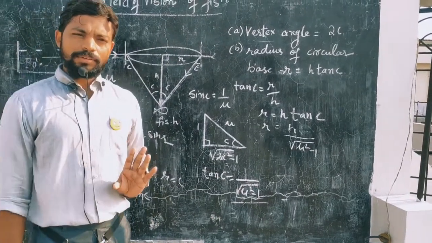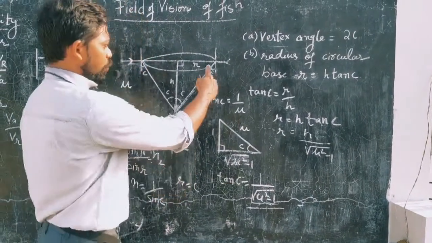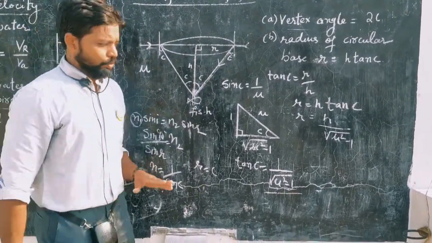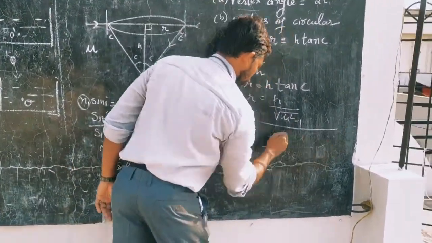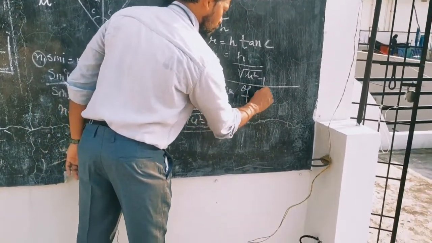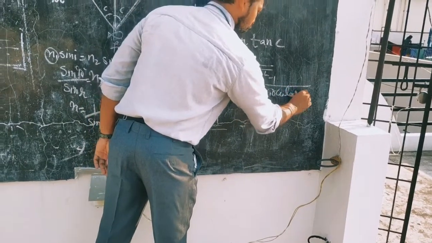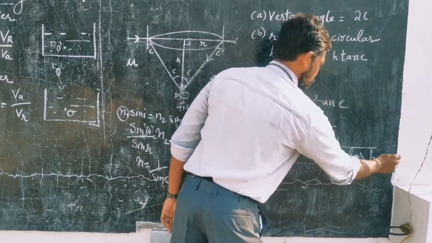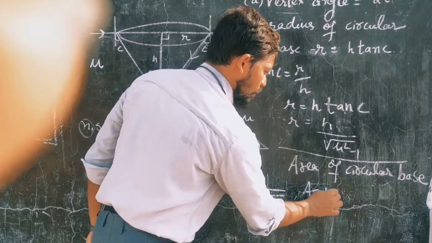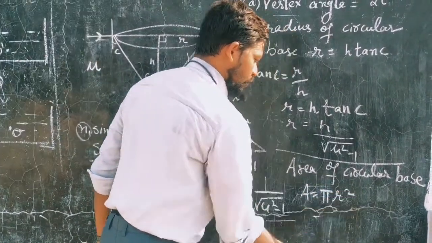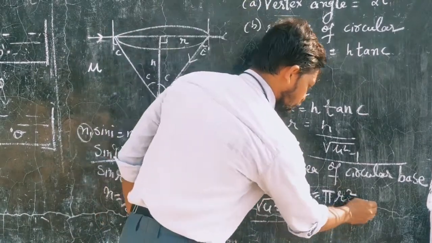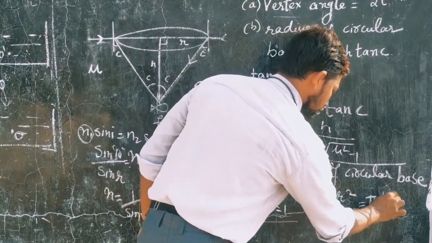We can find out the area of that base also. This is forming a circular base. We can find out the area also. The area of the circular base is given by A is equal to pi R square. Apply the R value here. We get pi h square